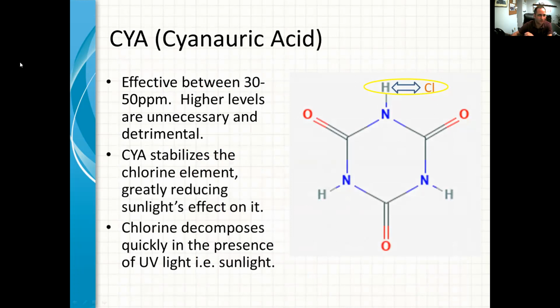Okay, so CYA, cyanuric acid. This is used to stabilize chlorine. You want your CYA level to be between 30 and 50 ppm, which is what's recommended in the industry. Anything higher than that is not really necessary, and higher than 100 ppm, you start to see problems: the killing power of the chlorine tends to decrease, and you end up having to add,